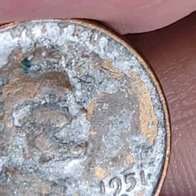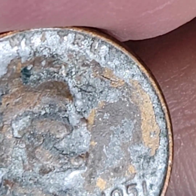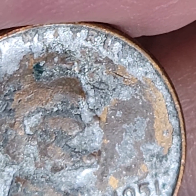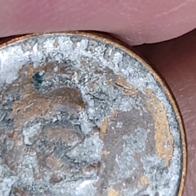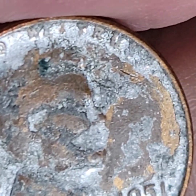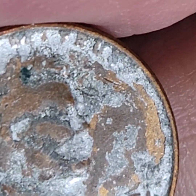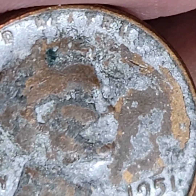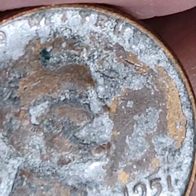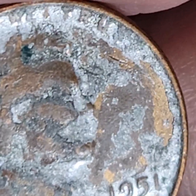Right around the rim there where I was pointing, you can see that part of the surface of the coin peeled away, because you see the silver, it's silver. You see the silver, then you see the shiny copper, right? And then you see the dark copper. So lamination errors are about improperly mixed impurities in the coin, which result in peeling, cracking, all types of errors. And that's all I was saying, that that could be paint, but that is some coincidence that it